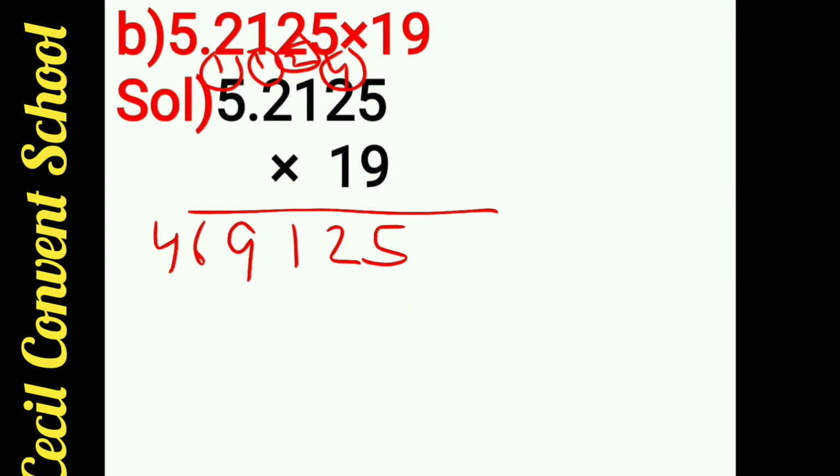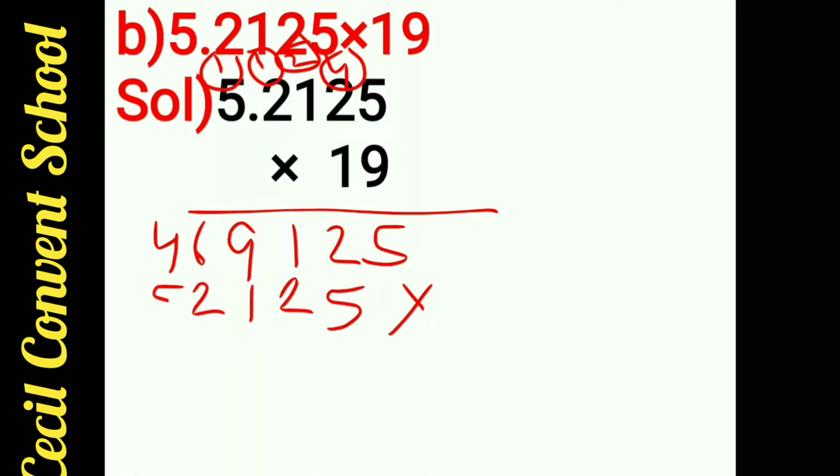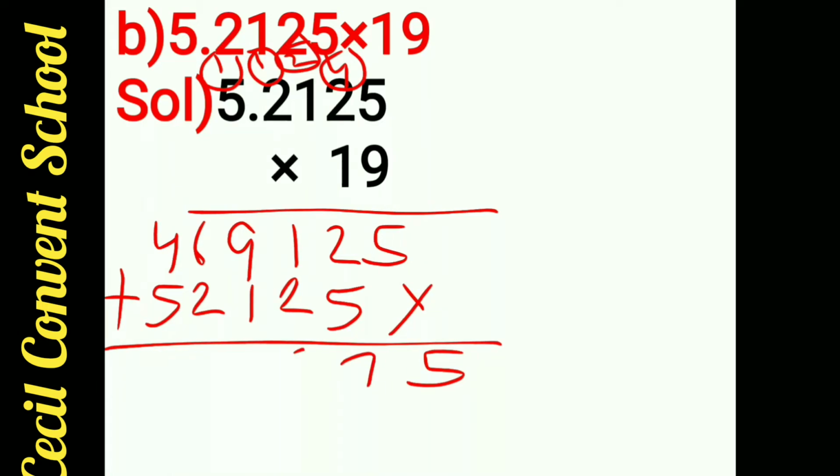Clear? Now put the multiply sign. Now you will multiply by 1. When you multiply any number by 1, you get the same number. So the same number will come here: 5 2 1 2 5. Clear? Now you add them. When you add them, the answer comes 5 7 3 10 9 and then again 9 comes.